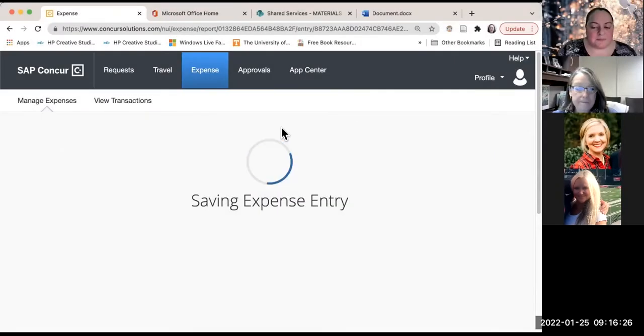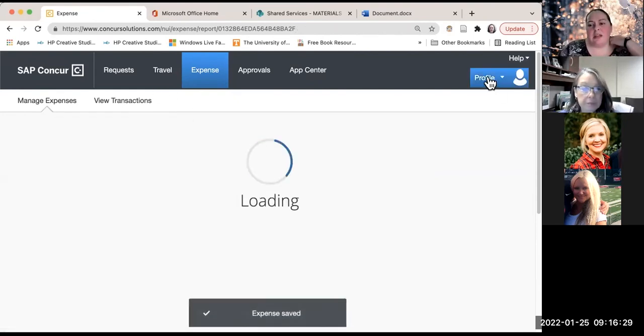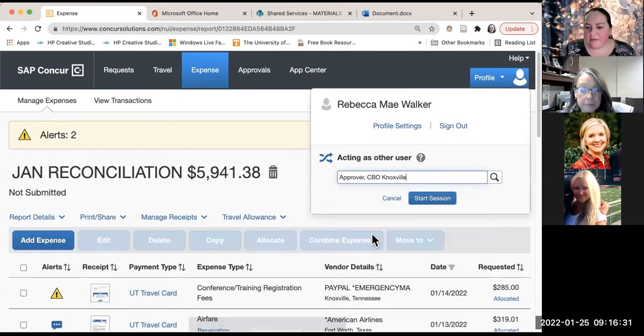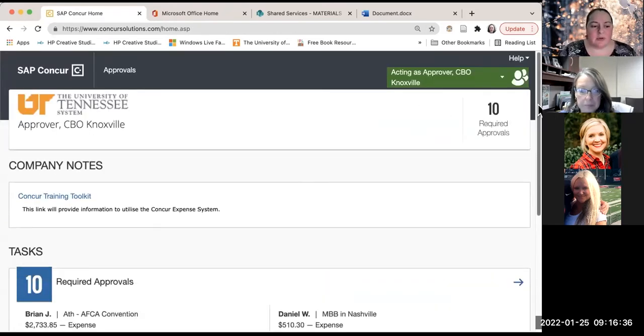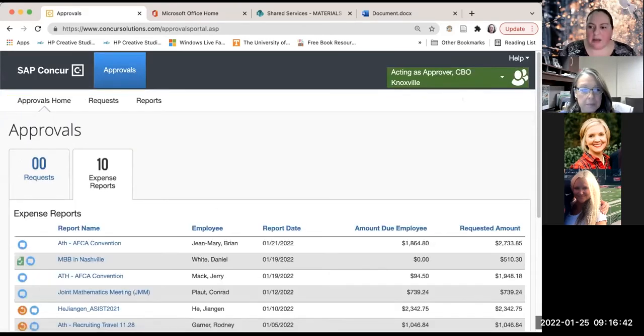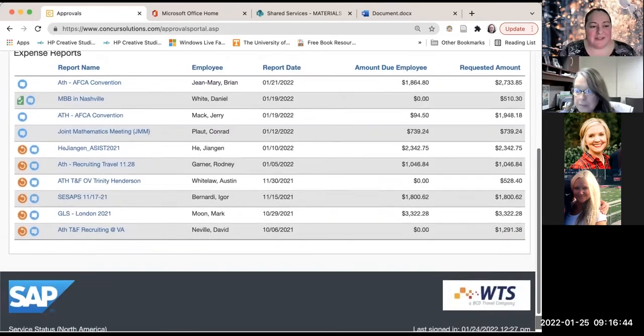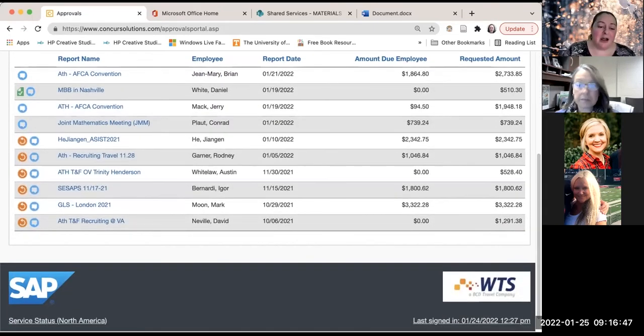Okay, so I want to go into the approvals review side, and I don't have an actual report that is a reconciliation, but I can just use a different report type and talk about it. Since we do them for so many different departments, I've had a lot of people return the trips or expense reports back to me because they don't understand what the expenses are for, because it has so many other people's items on it and different accounts on it. So if you're a reviewer or an approver, when you open up an expense report,